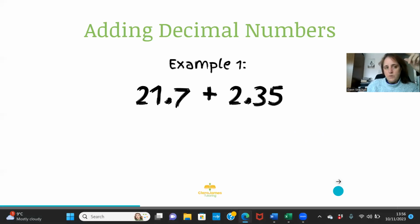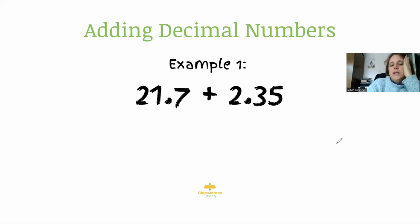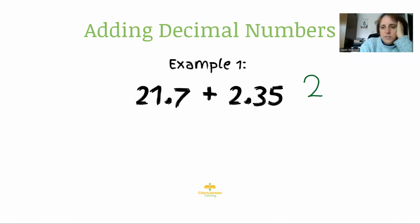The main thing to do with decimal numbers is make sure that when you're adding them up, you keep the decimal point lined up. So what I would suggest you do is use the column method. So if we start with 21.7 plus